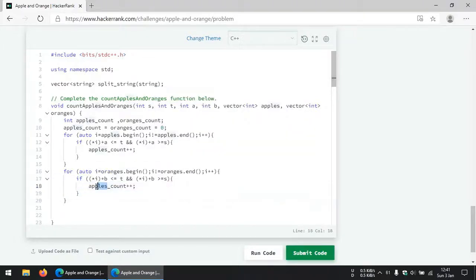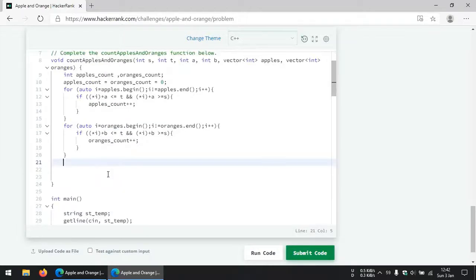If it lies within the range of Sam's house, we increment the orange count by 1. Finally, after the iteration of both the arrays, we'll have the number of apples as well as the number of oranges that have fallen within Sam's house in these two variables, apples count and oranges count.